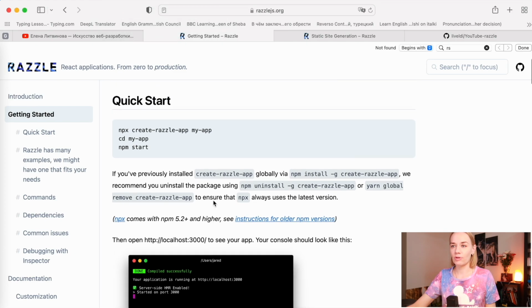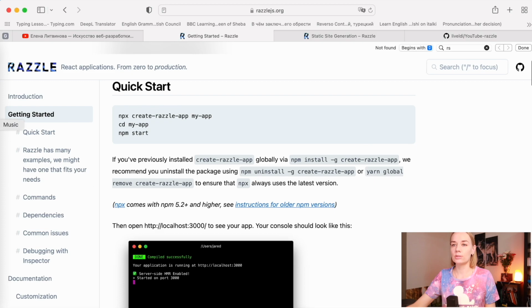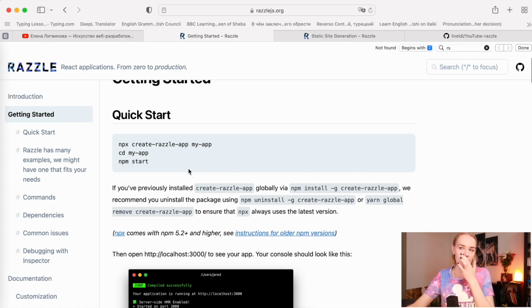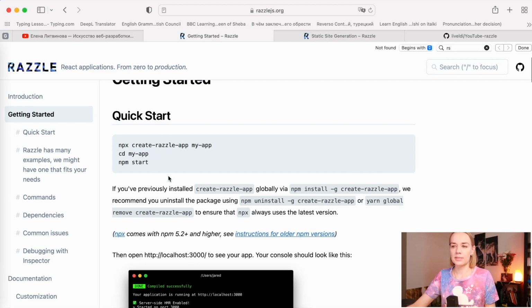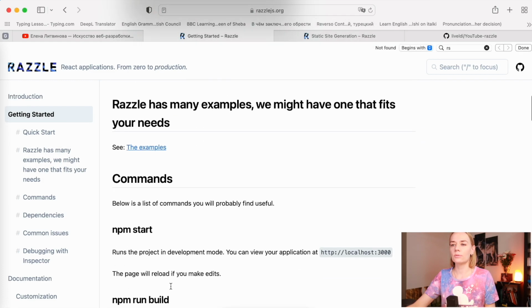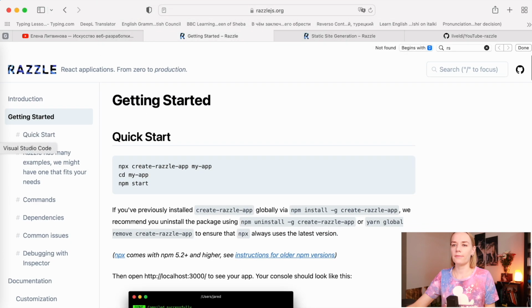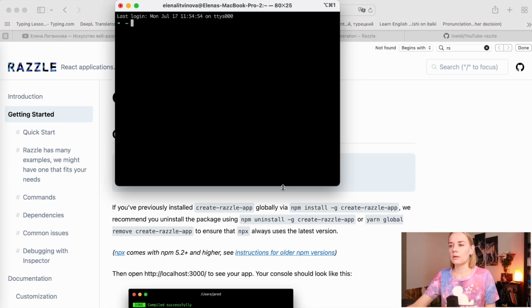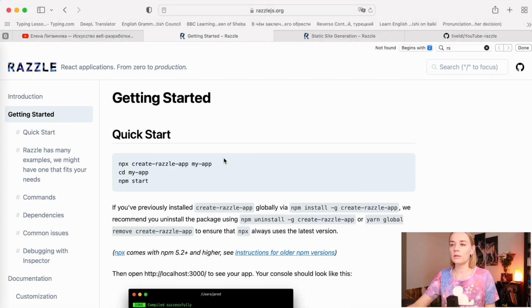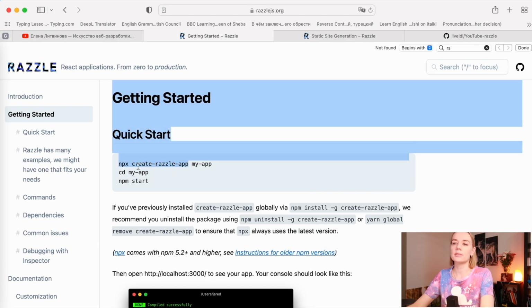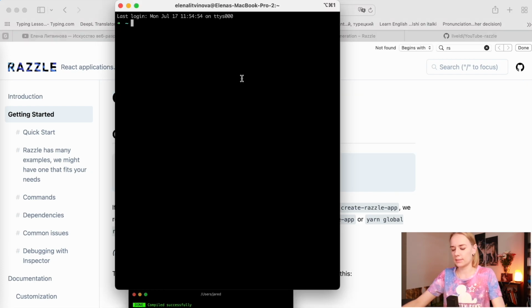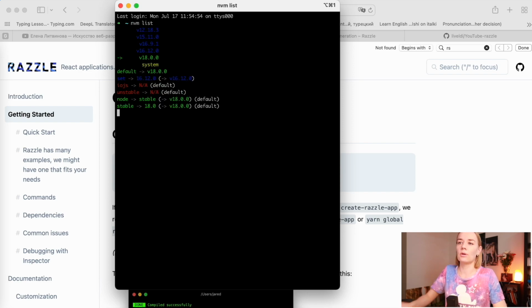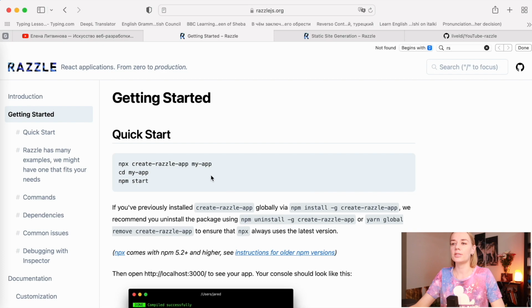Okay, let's try to do this thing. First of all, getting started, what I need to do is start these commands, and after that we will look at what we have. Okay, open the console, terminal, and I just need to start this. Of course, you should be aware that NodeJS needs to be installed on your computer. For example, I have 18, and here npx